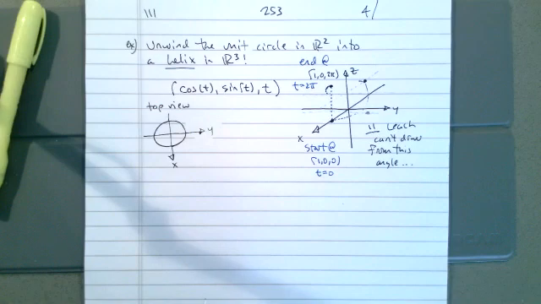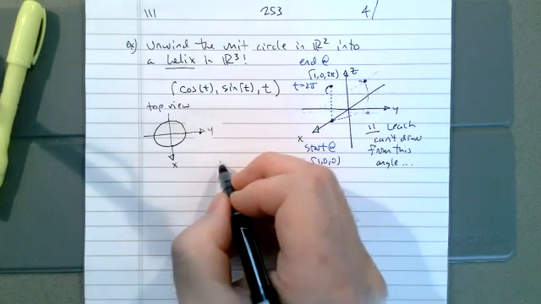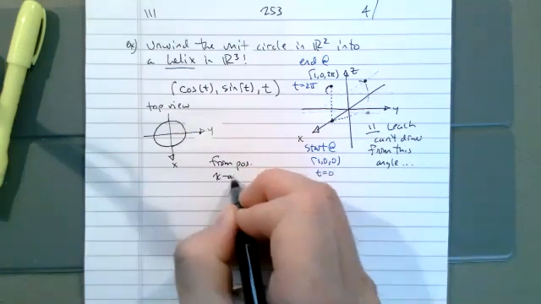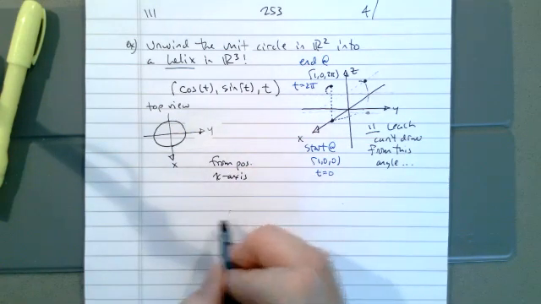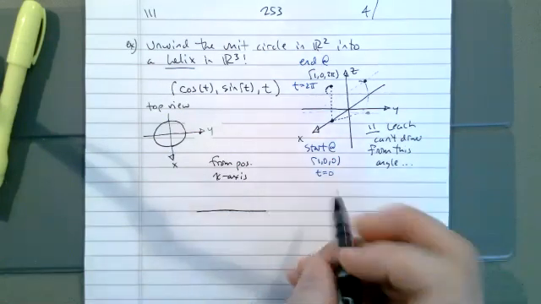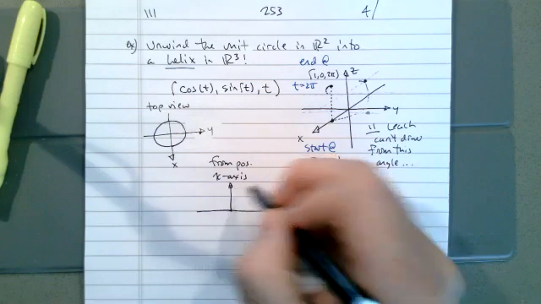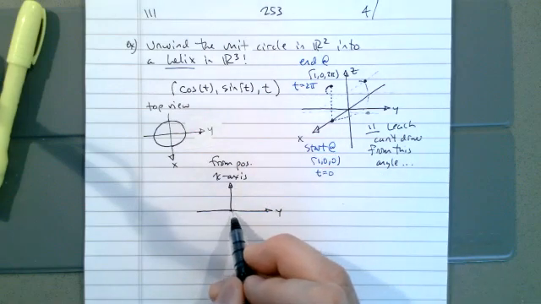If we look at it from the side, so if the x-axis is coming straight out at us, and we're looking at the y-axis from the side, and then the z-axis comes out, then on the y-axis, we're going to see a sine curve,